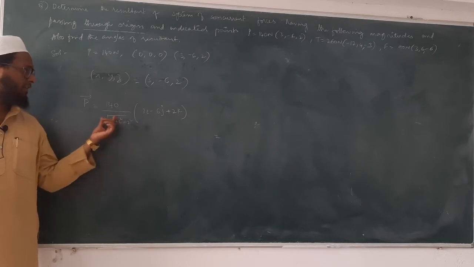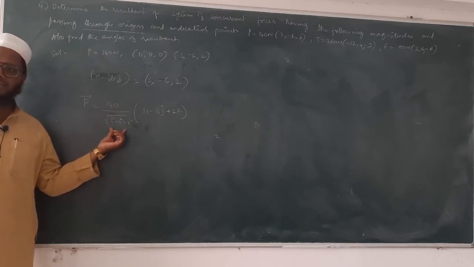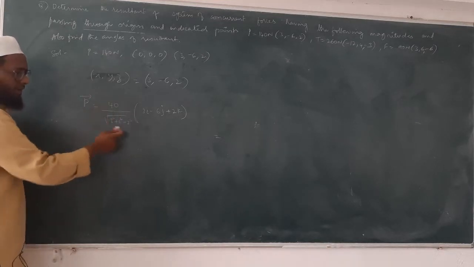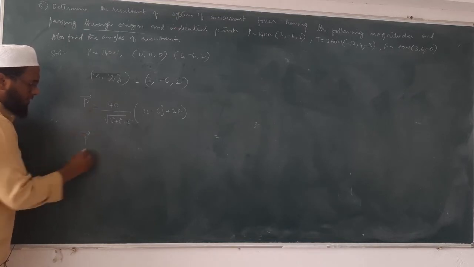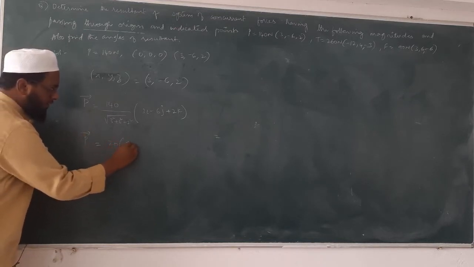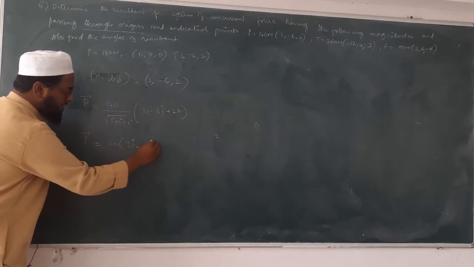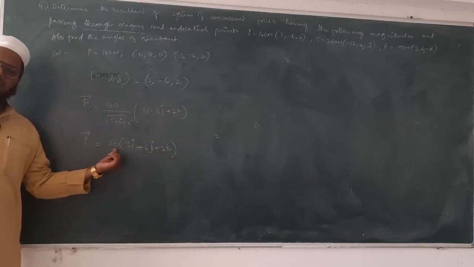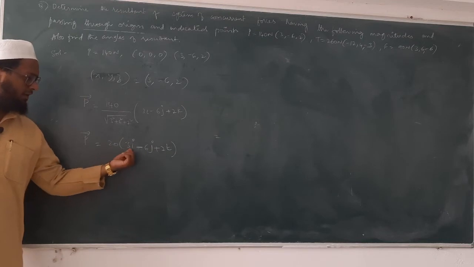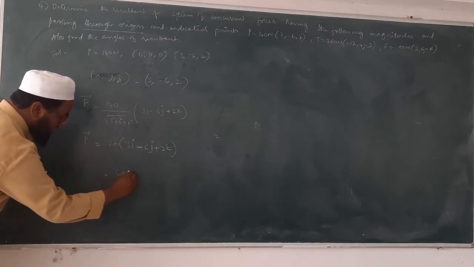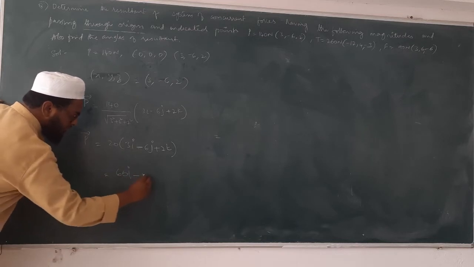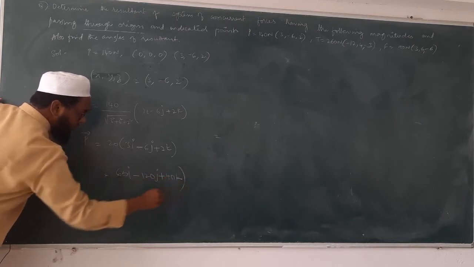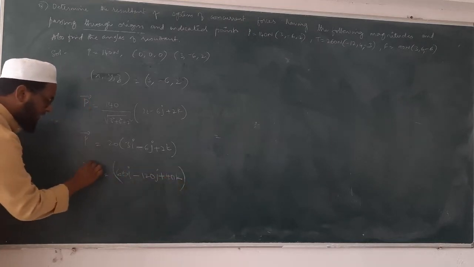Okay, upcoming class. See here, we got this one. Yes, this is the same thing which we have done, right? Now solve this one and tell me, this entire value is 20. So force P vector is equal to 20 into 3i minus 6j plus 2k. Now we can multiply with this 20, no? We can easily multiply. 20 into 3 is 60i minus 120j plus 40k. This is what? Force vector P.